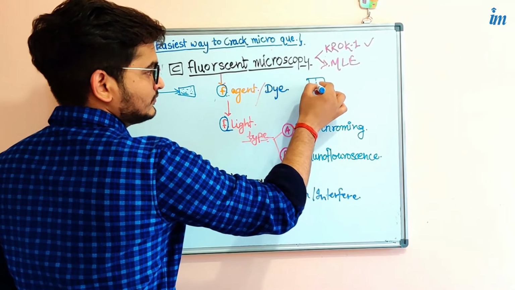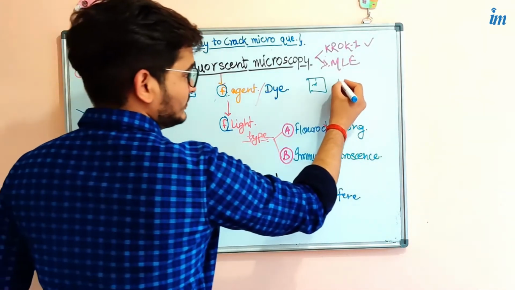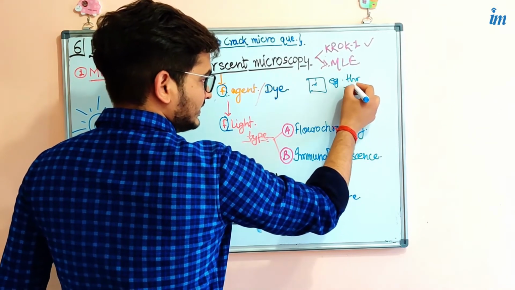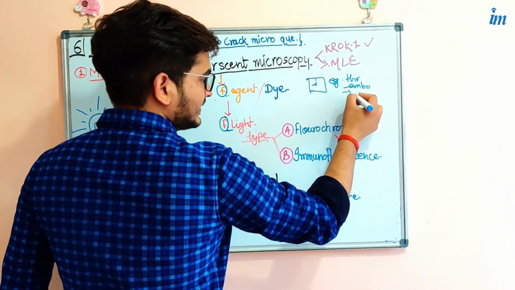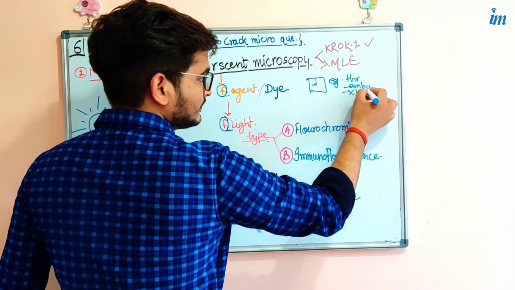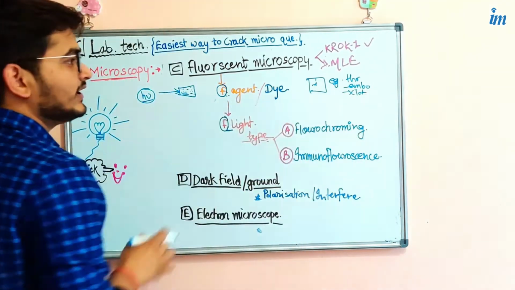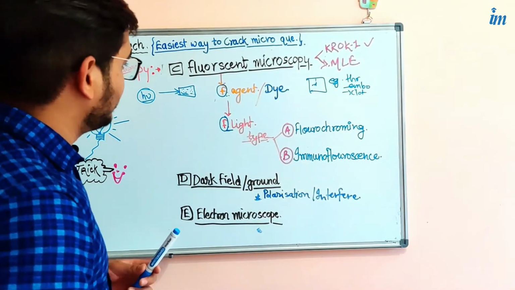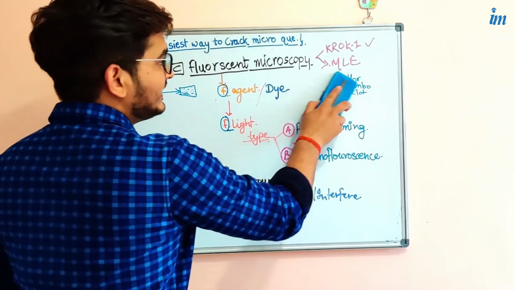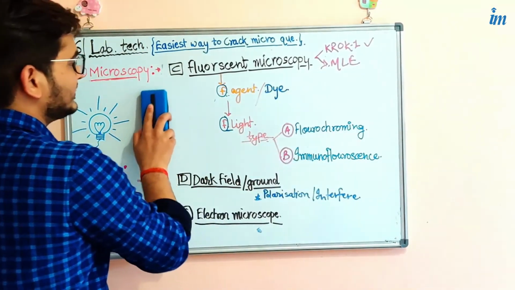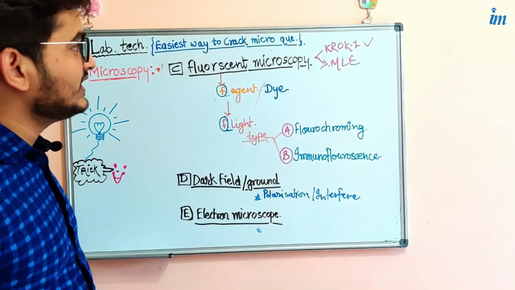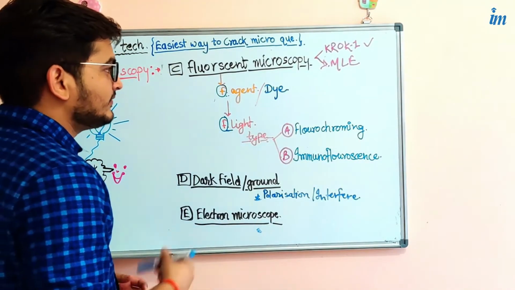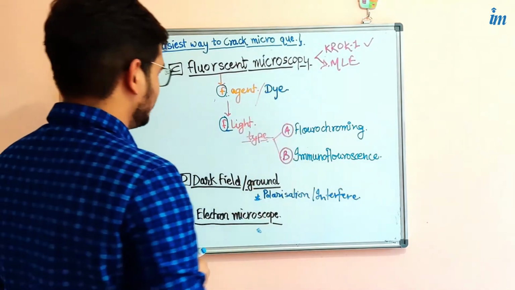Like in pathological cases, you will see in future, like there is a thrombus, there is embolism, or there are some kinds of clot. All these things we are able to diagnose through the fluorescent agent. That's why this concept is very important. So moving ahead in the microbiological concepts, why it is important in the crop questions, because most of the time when you see the questions, they say that when we do the fluorescent microscopy we found that this is this, and in the future in the question.